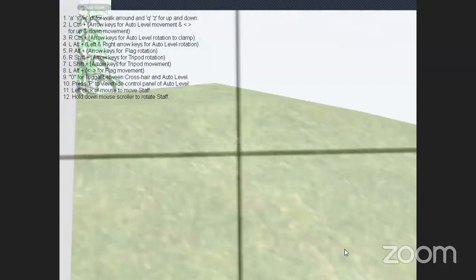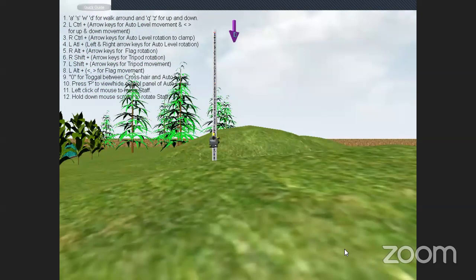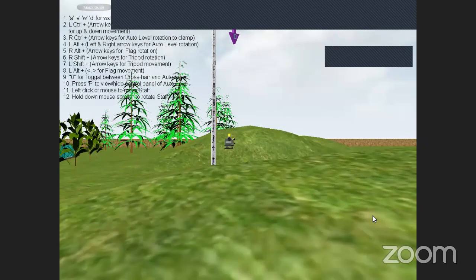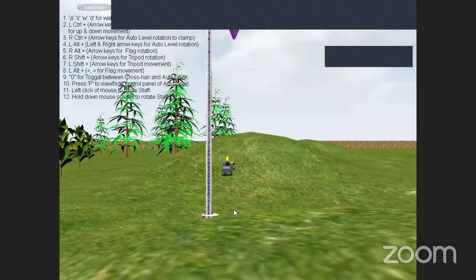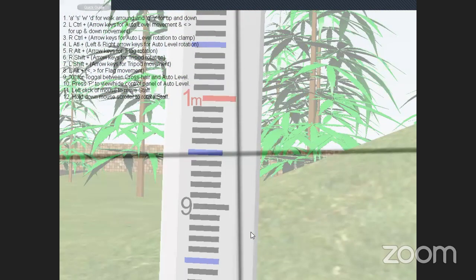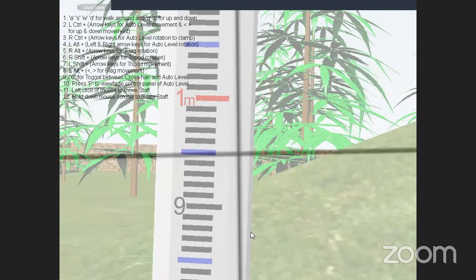You have to keep it in the box and move it. Now I am moving the tripod. The staff stays at C position.